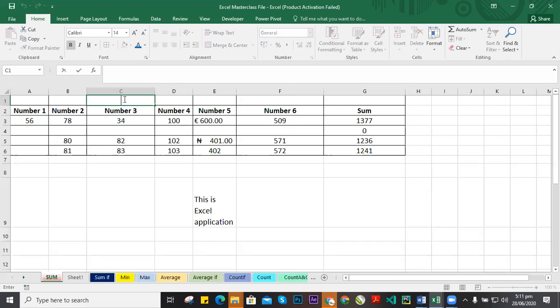Cells, inside this cell C1. Because if I want to merge from C to G and I type my text in D, by the time I'm merging and centering, any text I have in D will be discarded. So if we have this